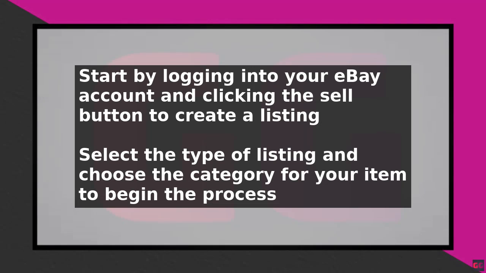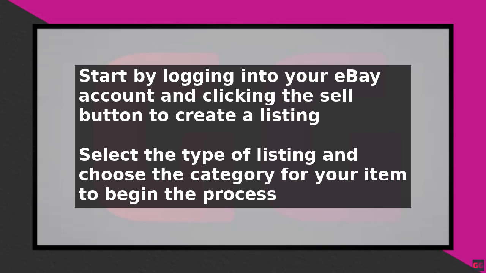To create an eBay listing with multiple options, start by logging into your eBay account and clicking on the Sell button. Select the type of listing you want to create, such as a fixed price listing, and choose the category for your item. Enter the title and description of your item, including any relevant keywords that buyers might use when